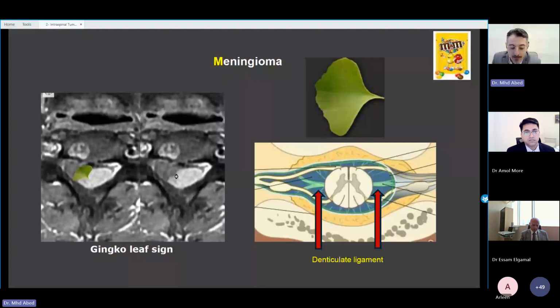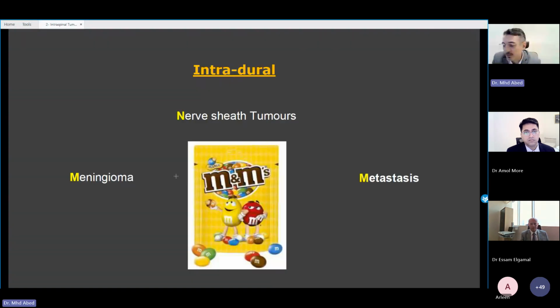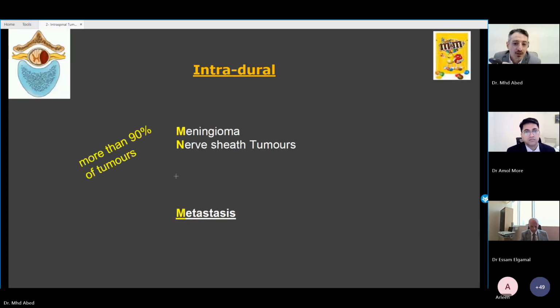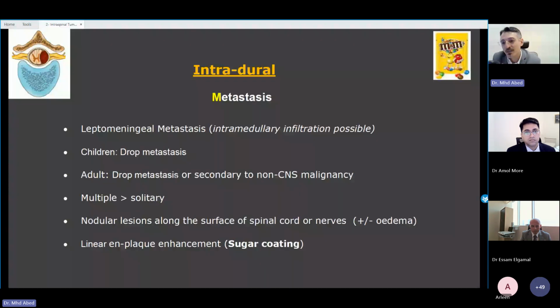Now, the third most common tumor in the intradural space is the metastasis. Less common than the meningioma and nerve sheath tumor, but we can see them in the intradural space. Usually there are leptomeningeal metastases along the spinal cord itself, at the surface of the spinal cord, but sometimes they will invade the spinal cord, but they originate from the pia mater or from the nerve sheath around the spinal